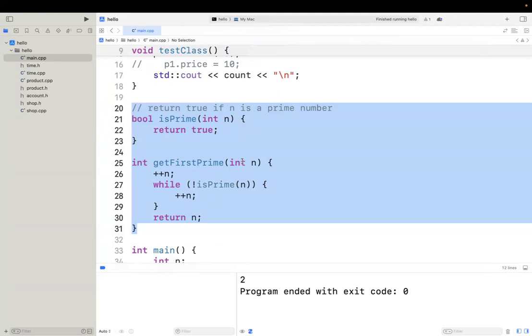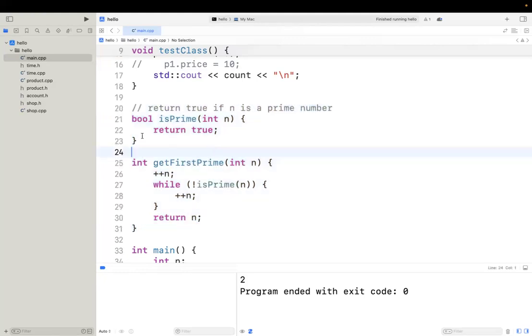And how can you get the first number greater than n? You first increment n, then you test whether n is a prime or not. If it's not a prime, you increment n, and if it is a prime, you return n, right? So your basic idea is correct. You will get at least half of your points for this question. Get the idea? Try to modularize your code, and for some part you think is really hard,